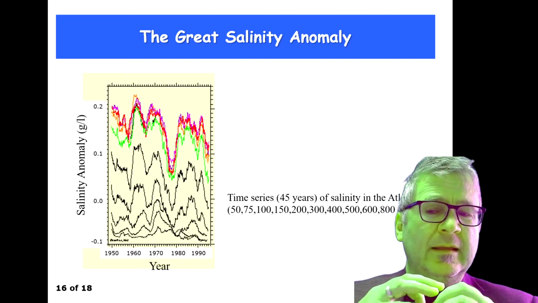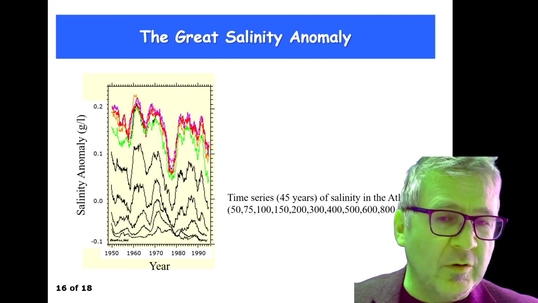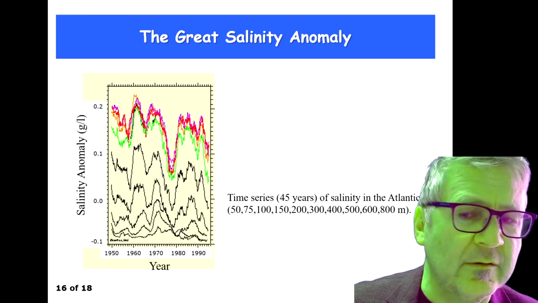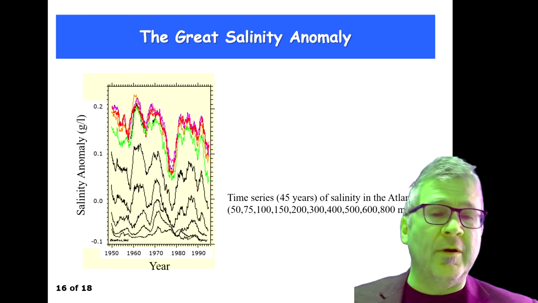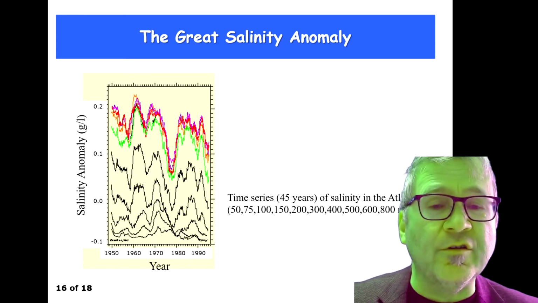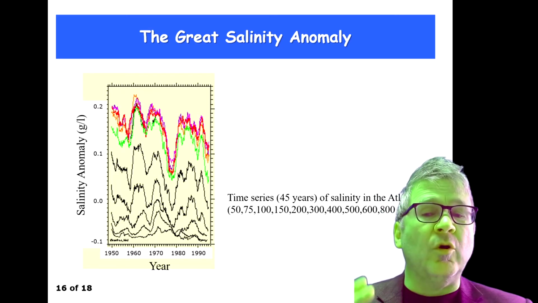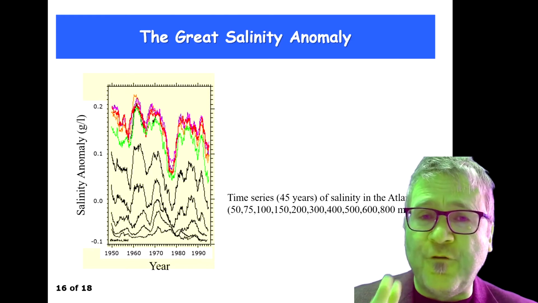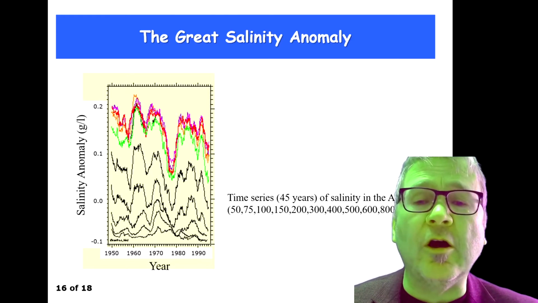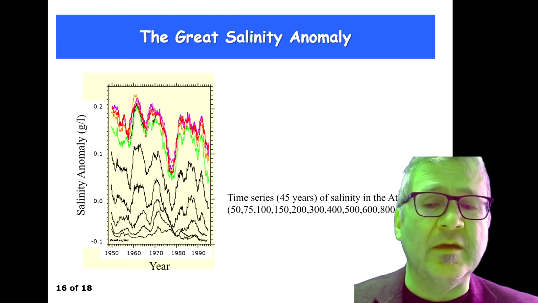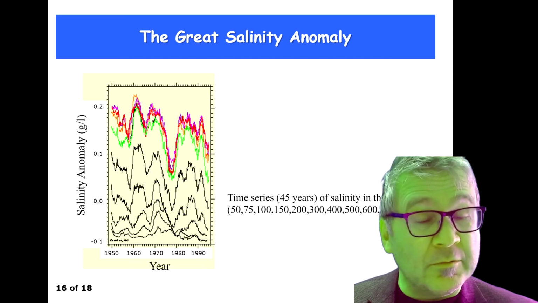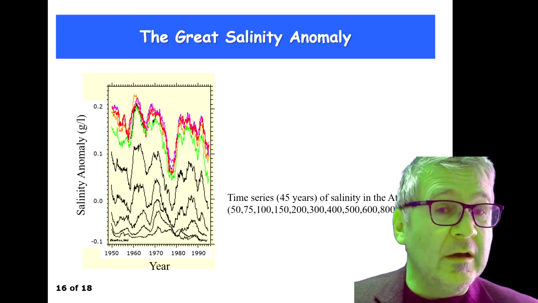Okay, it's not called great because it's a significant value. We're only talking about a unit change of 0.1 of a salinity unit, which is not very much. It's called great because it was the first discovery of feedback mechanism in the North Atlantic, which is a significant